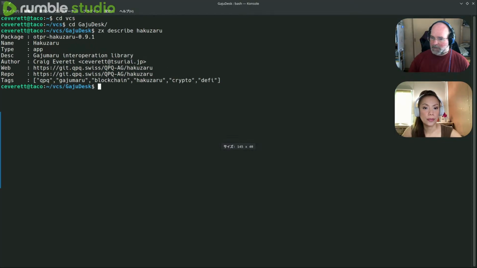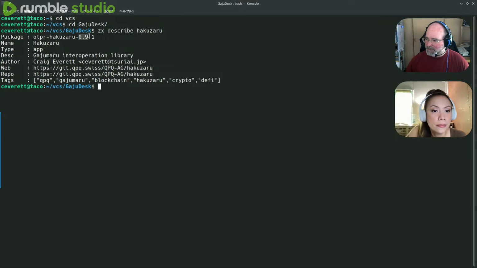From my view on Rumble, it is small, because I have the thumbnail videos in the bottom, and it squishes things. Okay, so is this big enough to read? Yeah. Okay, so if I do describe Hakuzaru, we see that we're on version 0.9.1, and that's the version that we pushed last night.